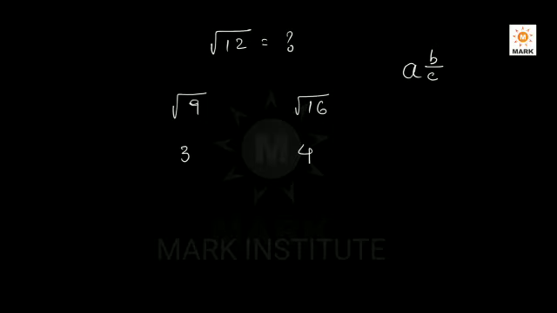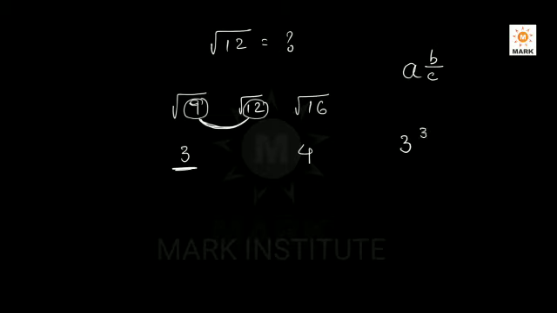In the place of a we are going to write 3. What is the numerator part? What is the denominator part? We know root 12 lies between root 9 and root 16. We have already taken the least number, 3. For the value of b, take the difference between the given number and the lower margin you are taking. What is the difference between 9 and 12? The difference is 3. Write this number in the place of b.